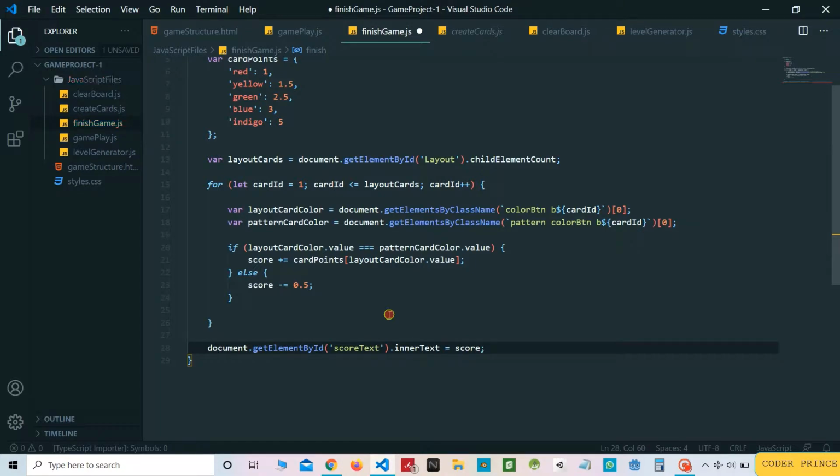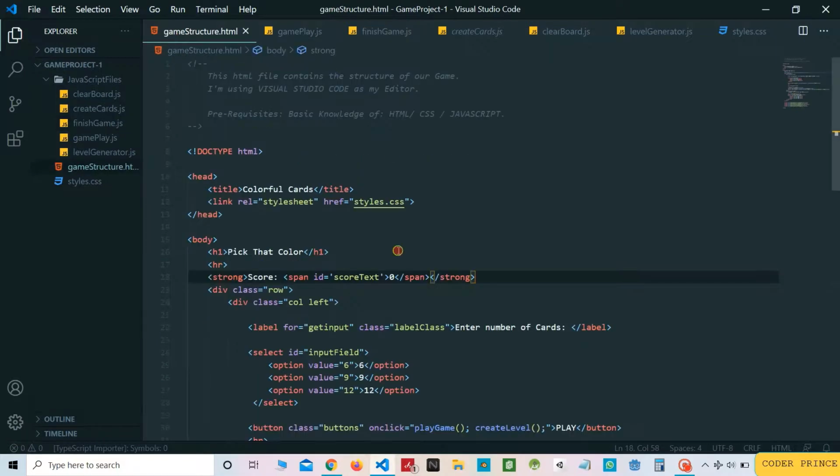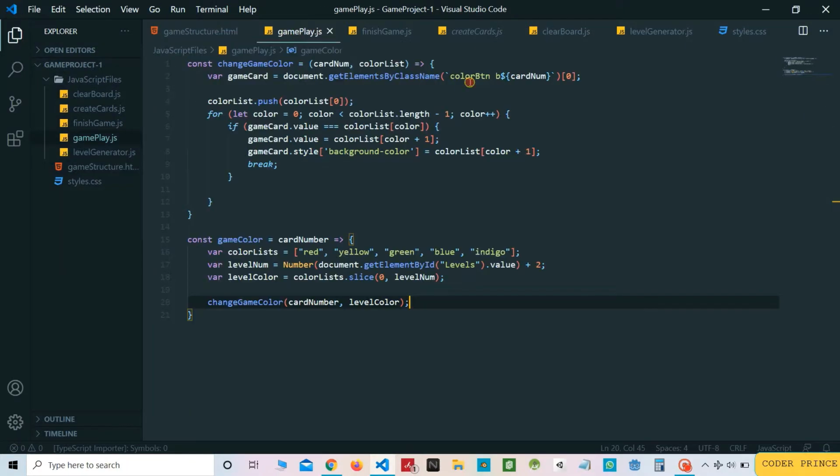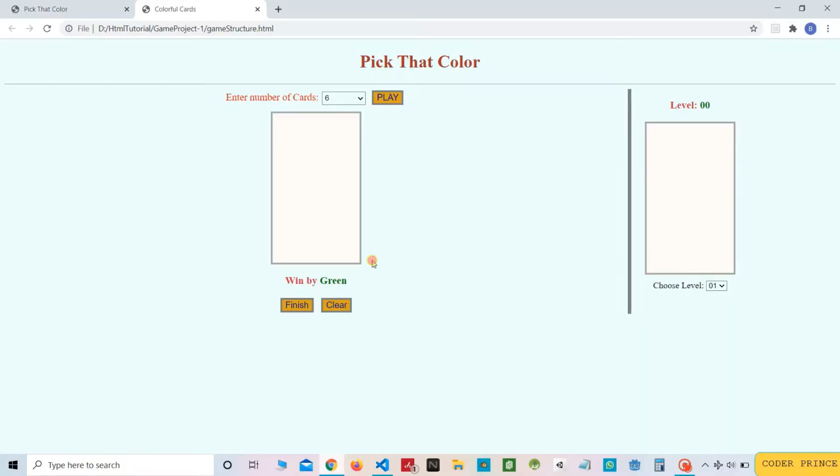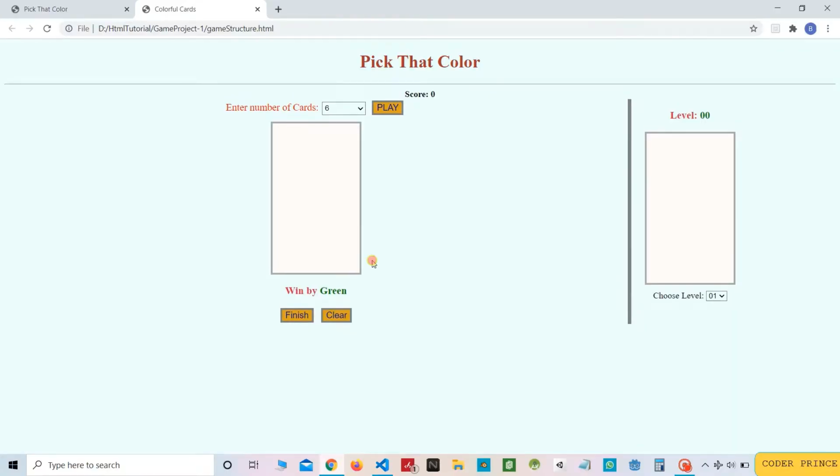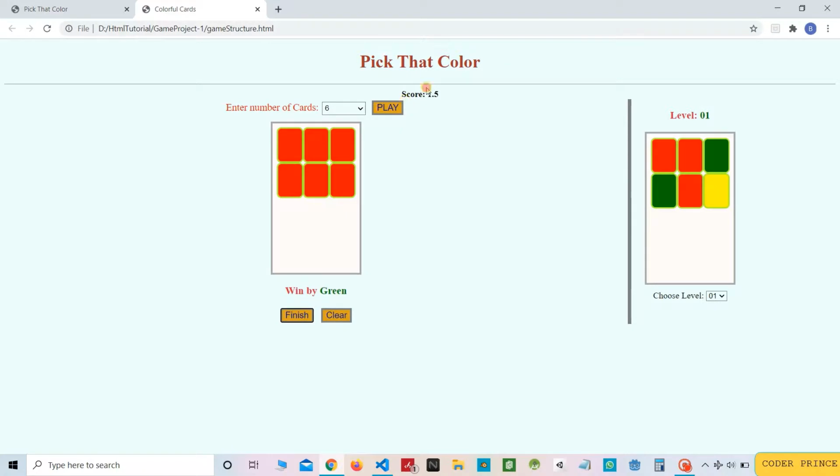So just save this. Okay, you need to save the HTML file. Save this file, reload the page, and you can see that the score is being displayed here. So whenever I click finish, we can see that it is updated.